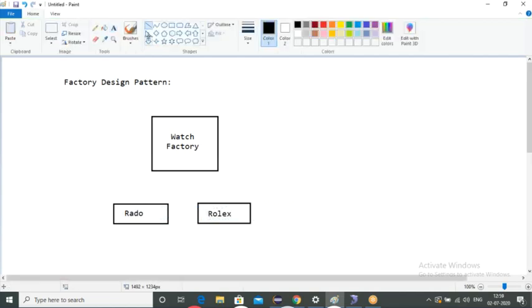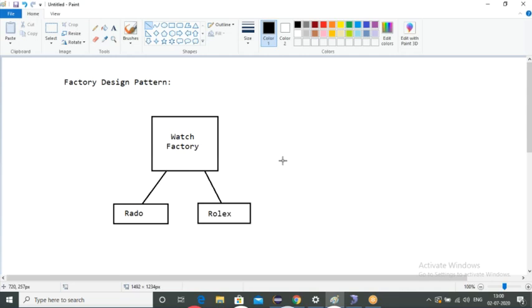These two watches are what this watch factory produces. It is not like a watch factory should produce only one brand of watch. It can produce different brands of watches also. We don't have any issue. Now the watch factory produces different watches.